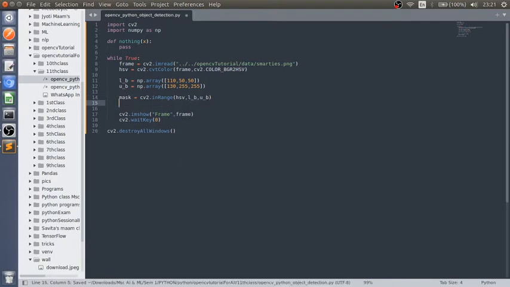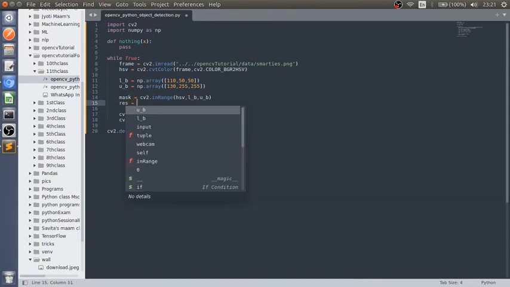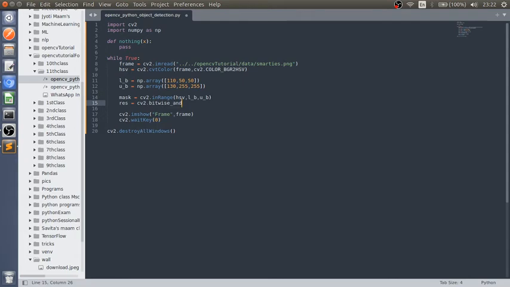Now next we have to call the cv2.bitwise_and operator. We have already learned bitwise AND in our previous classes. Then mask equals mask.